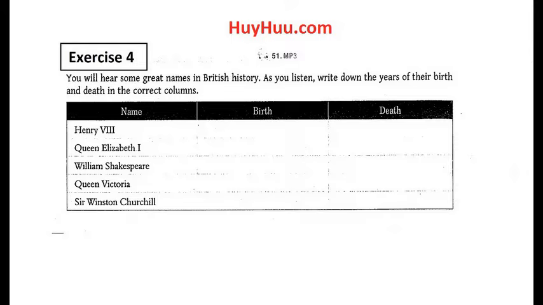Henry VIII was born in Greenwich Palace in London in 1491. He married 6 times and had 6 wives. He died in 1547. Elizabeth I was the daughter of Henry VIII, and she was born in 1533, the same